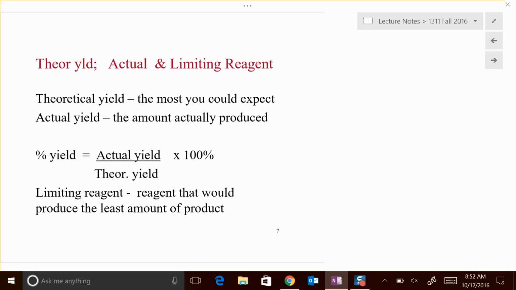A percent yield tells you how closely you got to the theoretical yield. Okay? So this can be helpful, because if you get an 80% yield, then you could probably say, oh, I might need to improve that. If you get a 98% yield, you're like, hey, that's an awesome reaction. It's very efficient. I'm doing a good job. Okay? So,